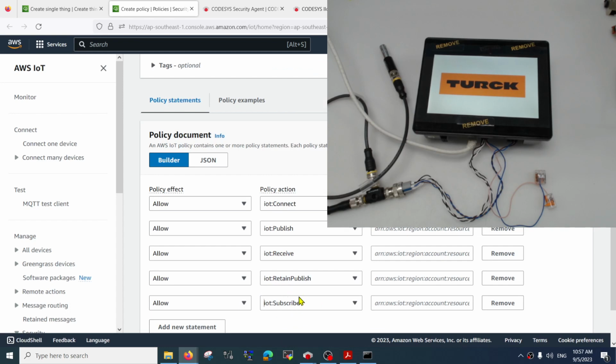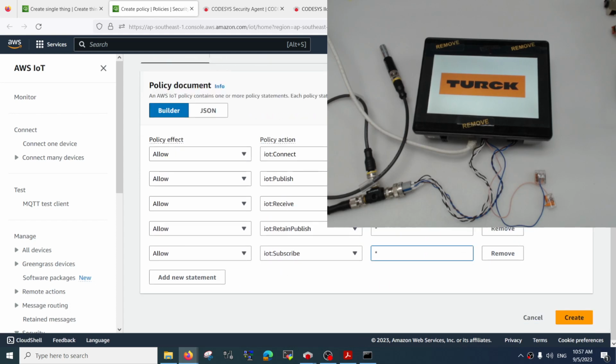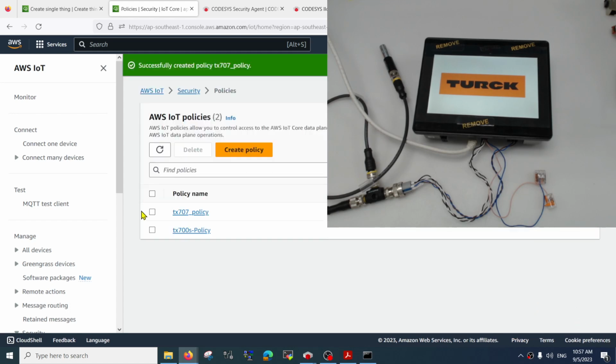Okay, star, and for resource, we'll put a star, to make it more open for you to connect to the resource itself. Okay, so now that you are done,